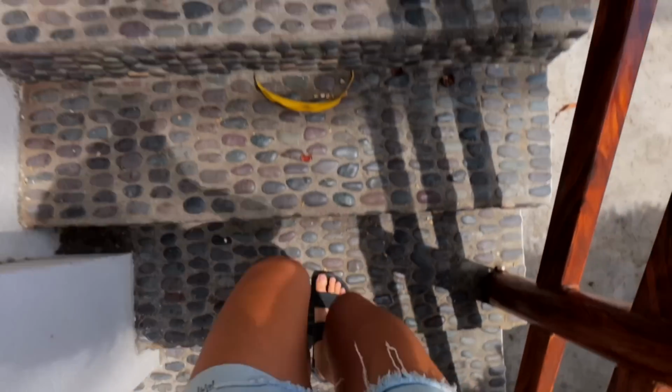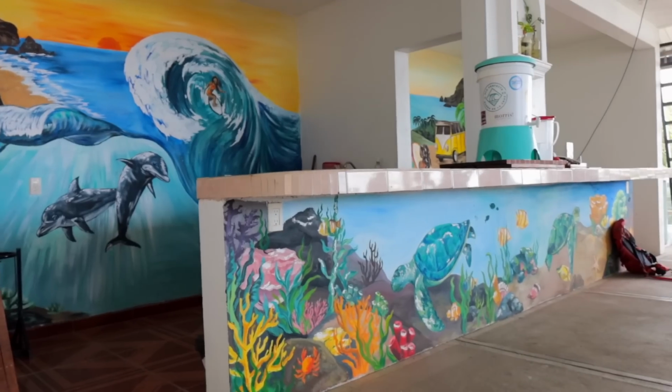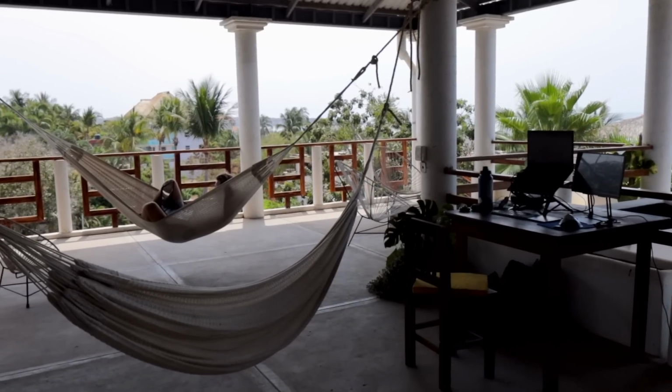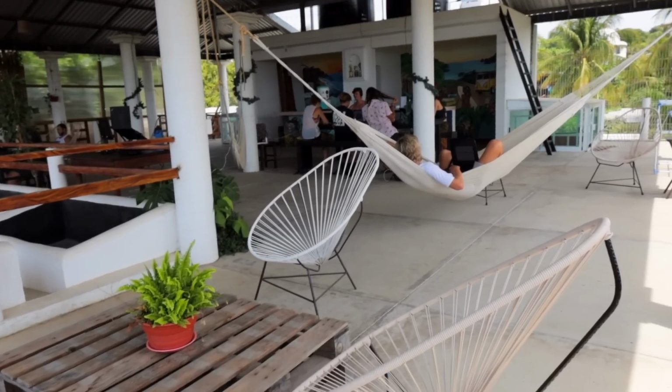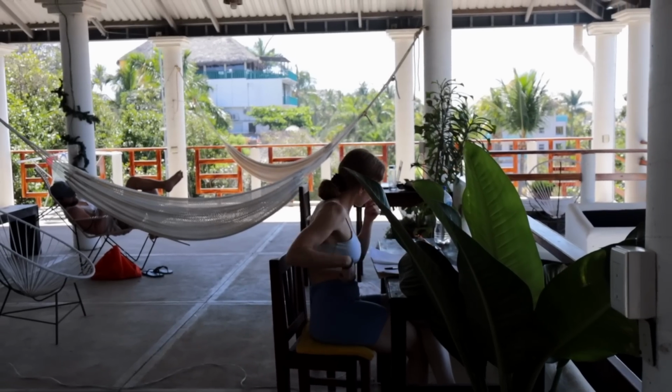Okay, now I'm gonna take you up to the co-work. I don't know how many people are working, so I may need to do a voiceover for this one, but this is my favorite part of the house. So the terrace is basically the main communal area where we all work remotely, relax in the hammocks, and enjoy the ocean view. There are plenty of outlets and tables to work at, and this is also where the internet